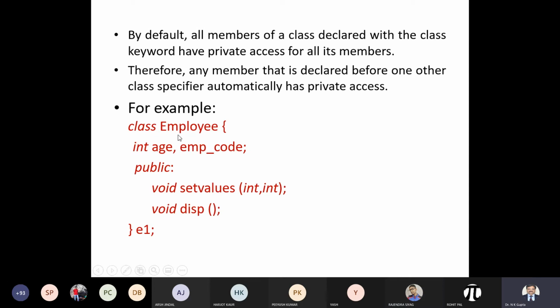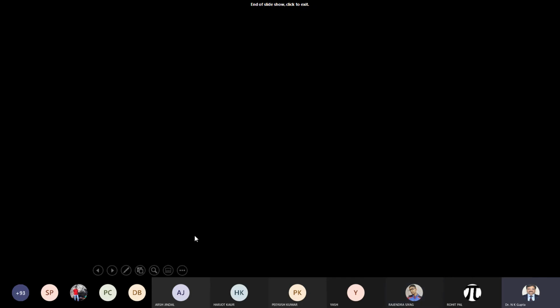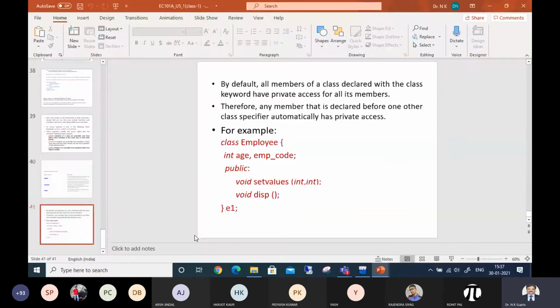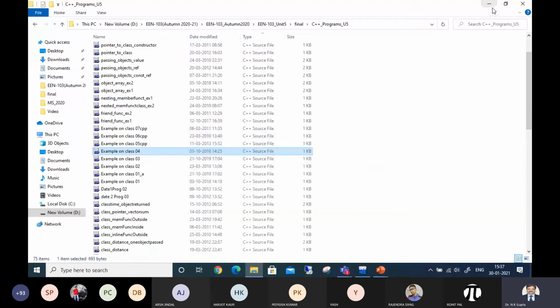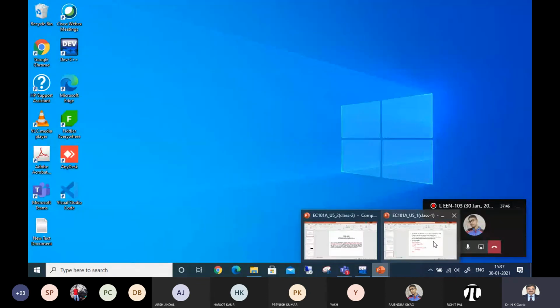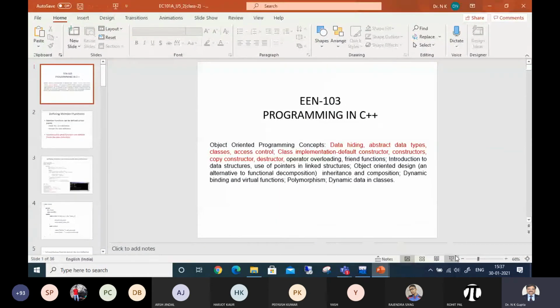Okay, now you can see that class Employee. So I have written this. You could write in this fashion also, one after the other: int age and int emp code, both are integer, and prototypes are there. You could write this object immediately after E1. This is all about the this pointer in this slideshow. If you have any queries, just ask me. I'm going to move on to the next.